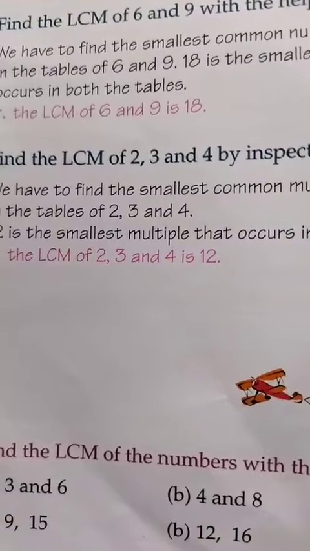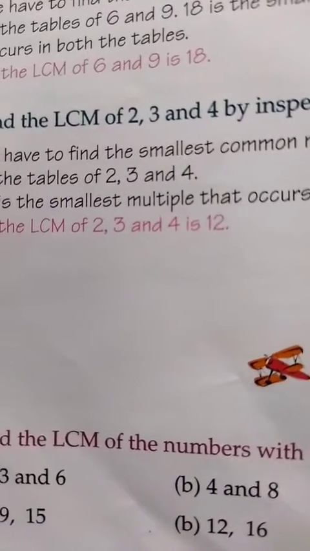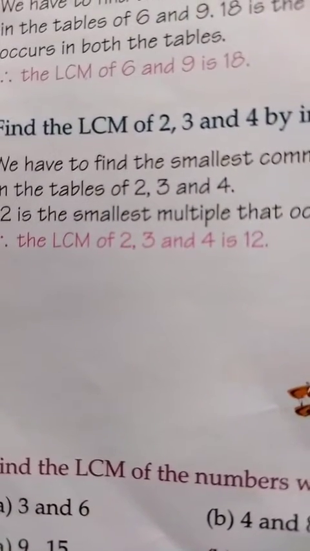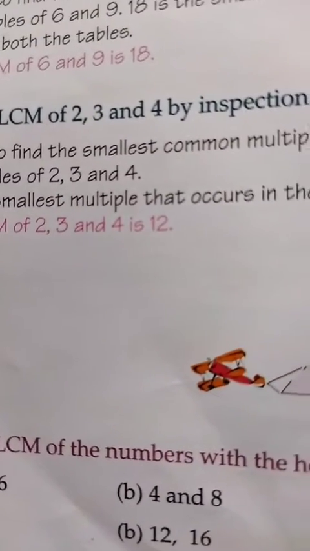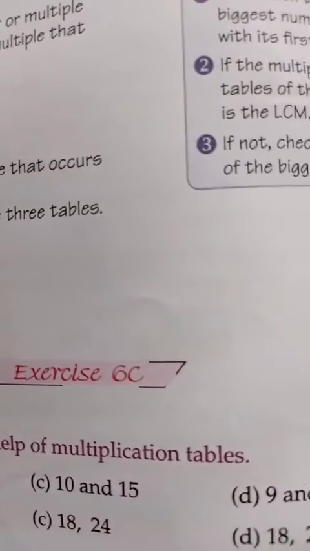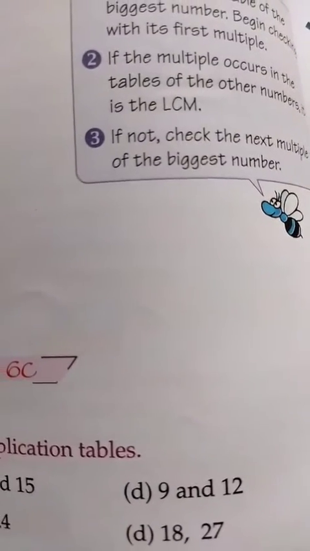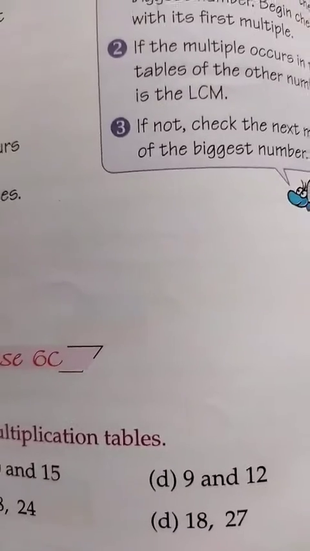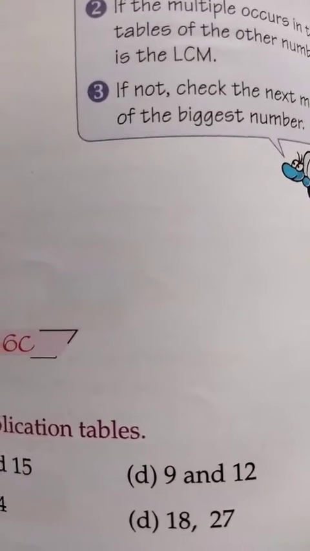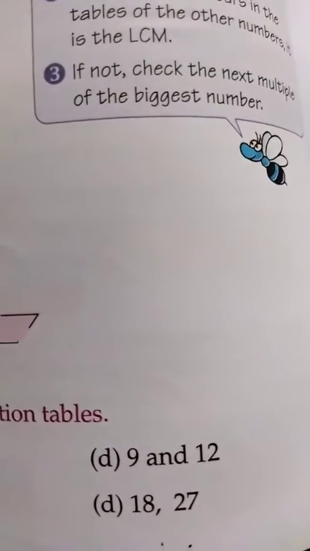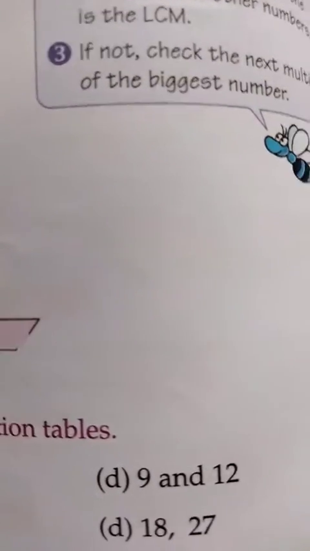So like this, there is no solution and no calculation. You only have to think which is the least common multiple of the given numbers, and that only you have to write. For example, the last one, second D part, 18 and 27. Which is the least common multiple of 18 and 27? A number which comes in both the table of 18 and the table of 27. When you think, you will come to know it is 54. So you only have to write the answer 54.